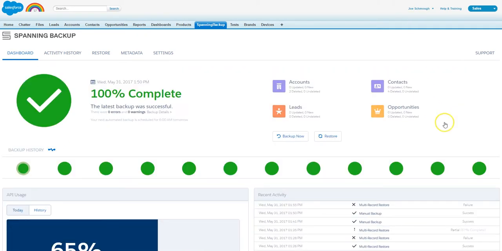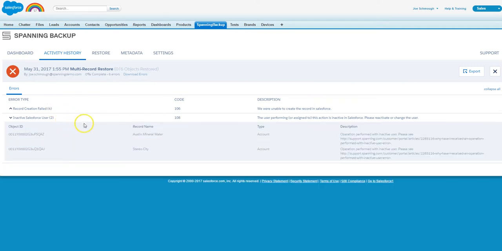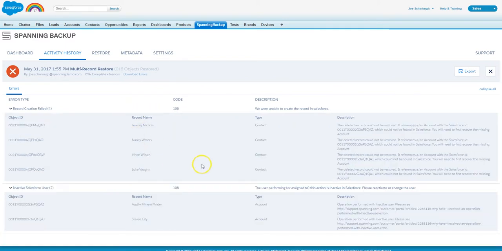When the restore completes, click the Restore action from the Recent Activity panel on the dashboard, and you'll see that the records failed to be restored because the original record owner is no longer active in your Salesforce org. In the past, this would force the Salesforce administrator to reactivate the user accounts that own these desired records, run the restore again, change the owners of those restored records to a different active user, and then deactivate the original